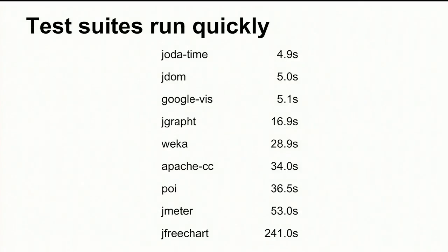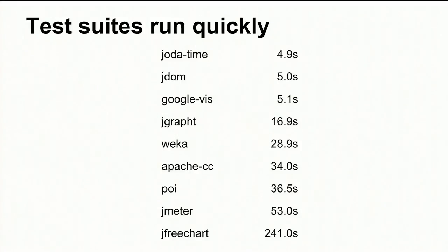OK, so that was the static numbers for the test suites, the sizes. The next thing I'm going to talk about is some of the dynamic numbers. So it's like how many tests, how long does the test run, for instance, and that should be the next slide. So test cases should sort of run fast. And so as it turns out, these test cases are mostly pretty hermetic. I'll talk about that a bit later.